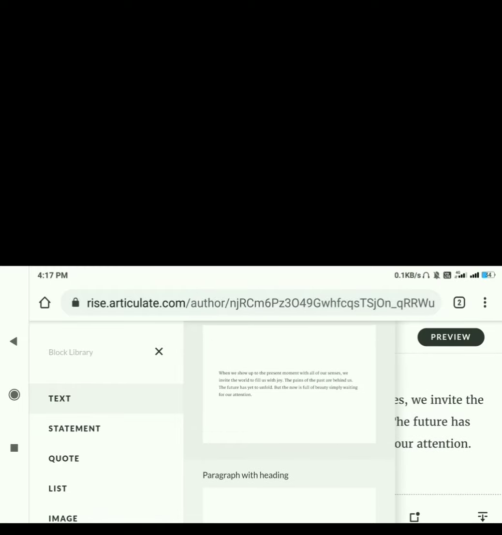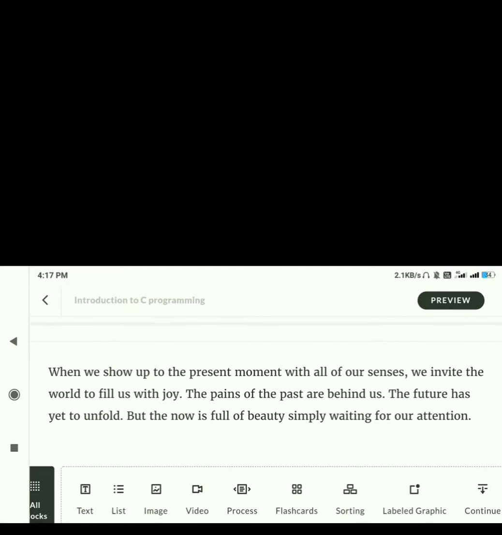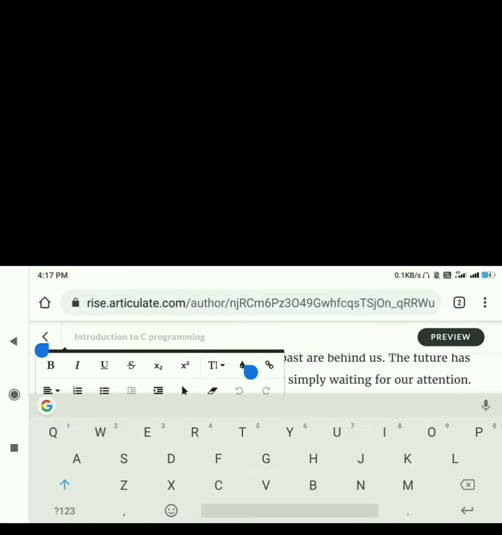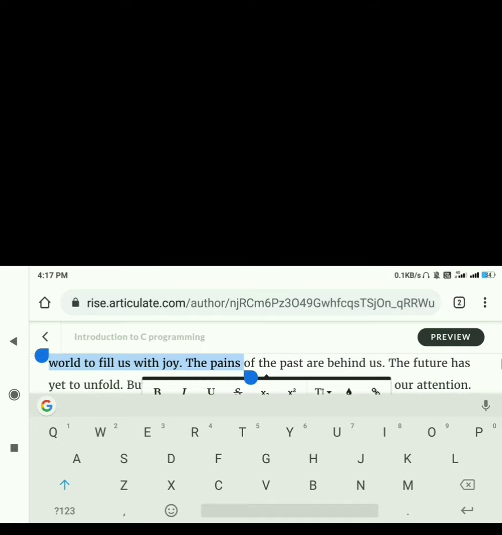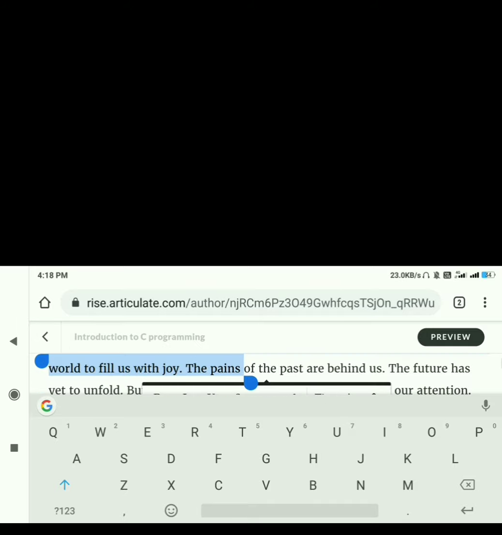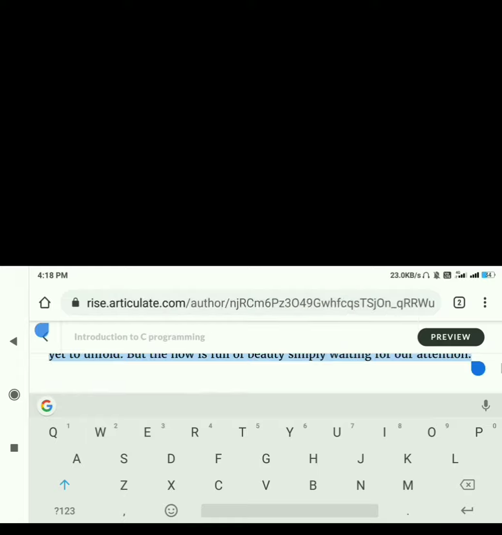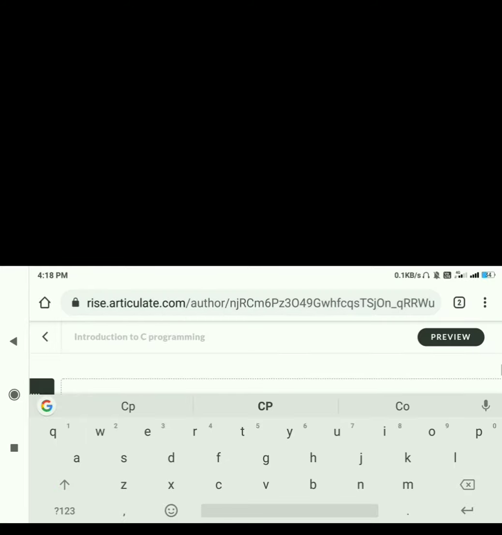And if you have any contents already available with you and it is ready with you, you can just simply copy and paste that. Otherwise you can type. Just simply copy and pasting will reduce the burden of your work. So type your content here. Just copy and paste your content.